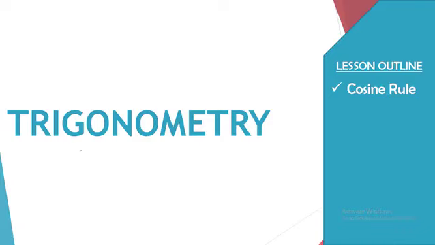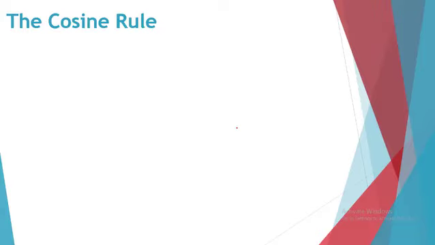In this section we'll be looking at trigonometry, and our focus will be on the cosine rule of trigonometry. But before that, let us take a review of our previous class. Welcome back. Like I said earlier, we've been looking at the cosine rule of trigonometry. The cosine rule is given as